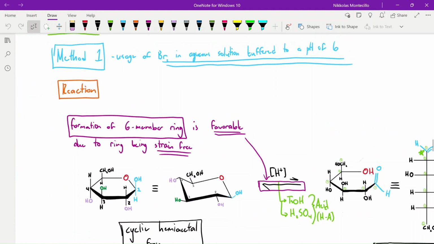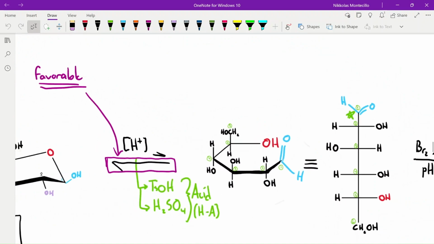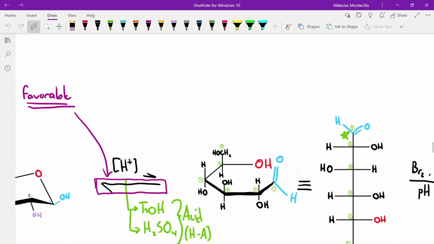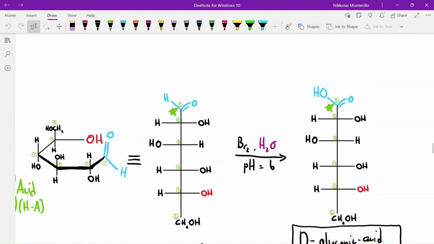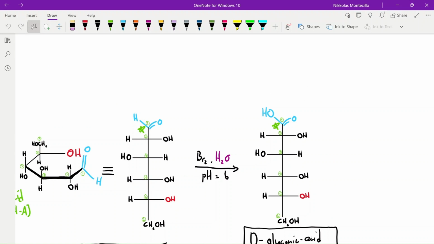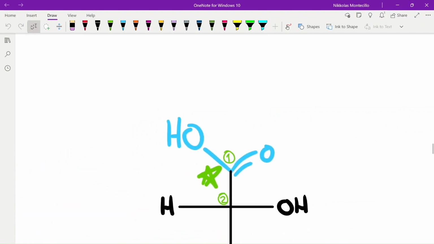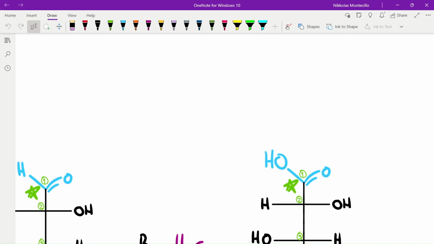Okay, so just ignoring this stuff, this is just the reverse. This is just the decyclization of the monosaccharide, which in this particular case, as an example, is D-glucose. So we can see here that glucose in its open form will react with gaseous bromine in an aqueous solution buffered to a pH of 6 to form gluconic acid, or D-gluconic acid, an aldonic acid. D-gluconic acid is an aldonic acid, and we can see here that the carbonyl group that was previously an aldehyde becomes a carboxylic acid,